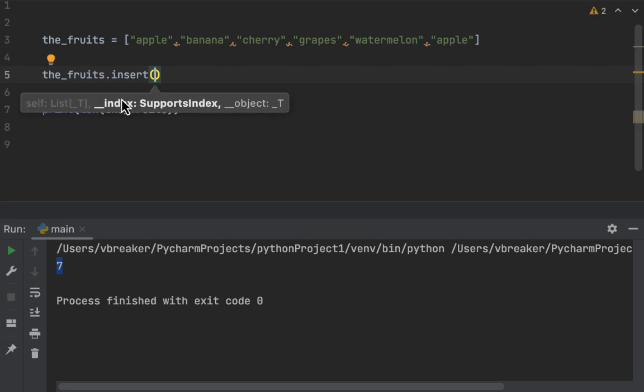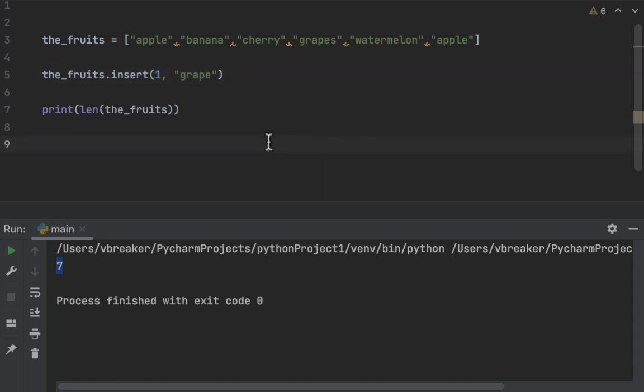1 is the index and 2 is the object to insert. So we want to fix it at 1 in this one. So 1, then there should be a comma. Then what are you going to fix there? Let's say which kind of fruit? Let's say grape. Yeah, let's say another grape. Perfect. And now when we run this,